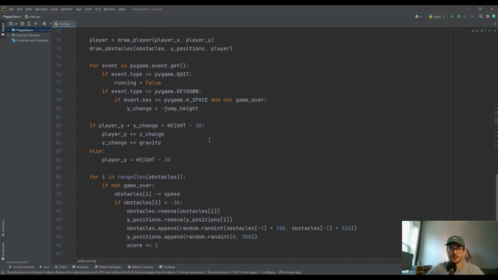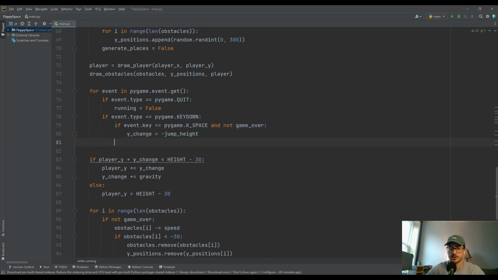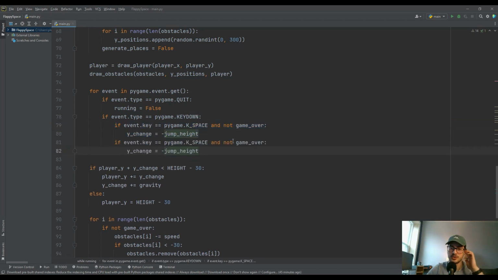And what better than to reuse the spacebar? Now you may get into a position because you're pressing the spacebar all the time to jump, where if you hit the spacebar right after dying, it's going to immediately play again. That might not be ideal for you, so you may want to use a different key. I'm just going to do it this way. If you press the spacebar and it is game over, instead of